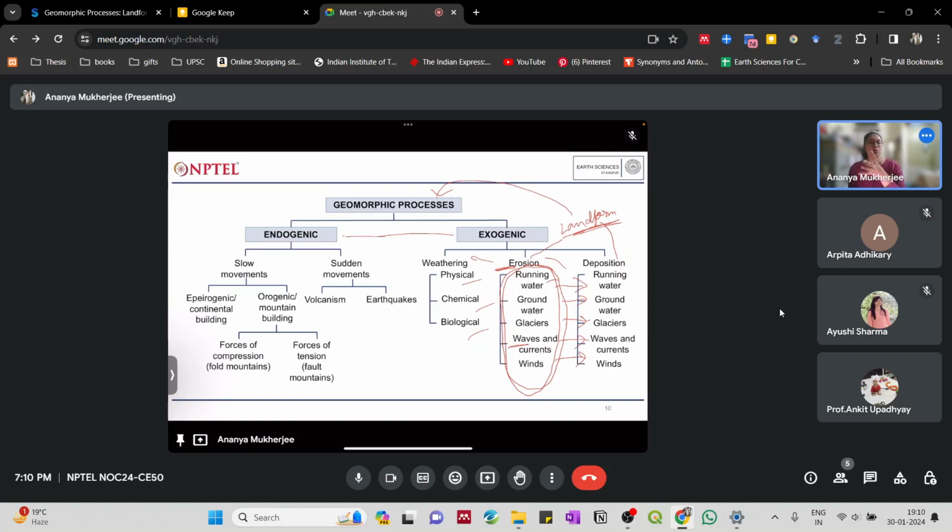Okay, so now suppose you have the sand particles. The sand particles are also deposited by the waves at the beach front. So this is again the action of the waves. The waves are bringing material with them, and they are depositing it. Now both of these have different dynamics. In one place you are having erosion, in one place you are having deposition.